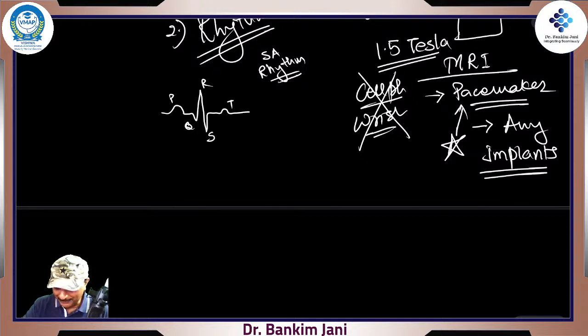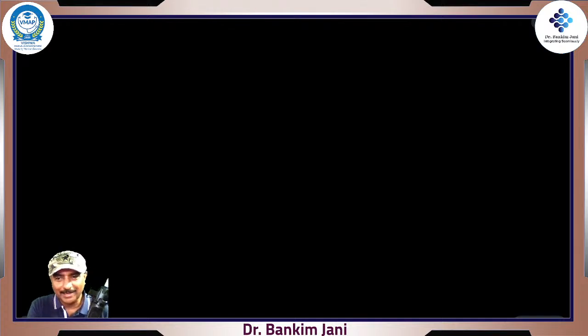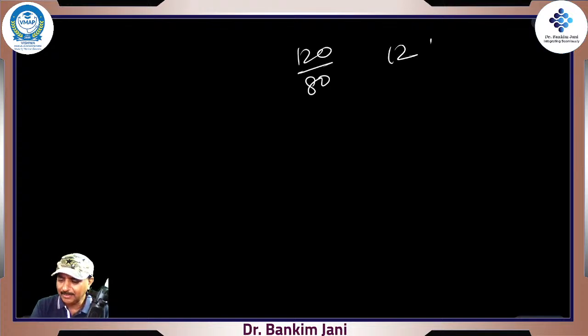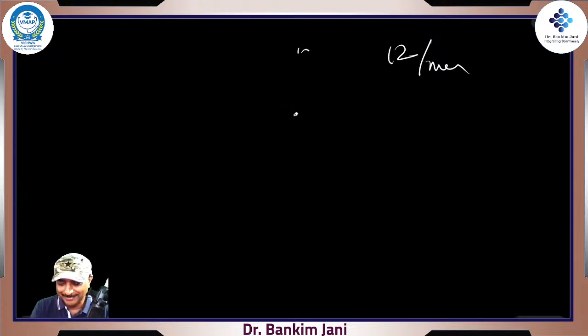Okay, so let's come back to our point. But seriously, after some time when you start watching the movie, the moment the ECG comes, immediately you say, but this is a normal ECG. Then you watch, blood pressure 120 by 80, perfect. Respiratory rate 12 per minute. He is absolutely fine. And the ECG and everything is going fine. At least focus the camera only on his face, because in the background everything is going fine. Yes, it happens.